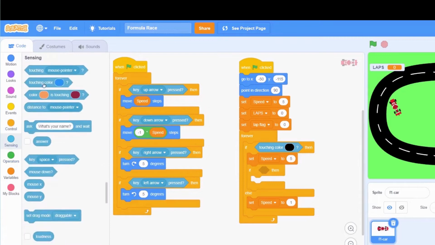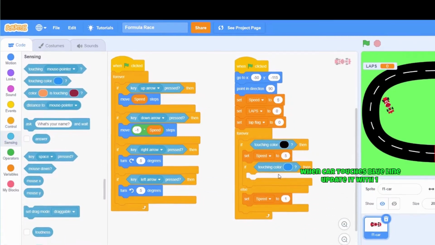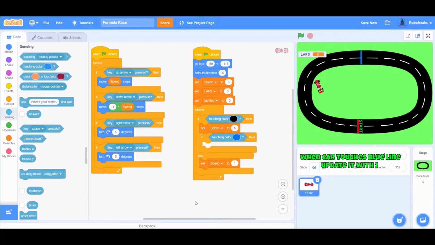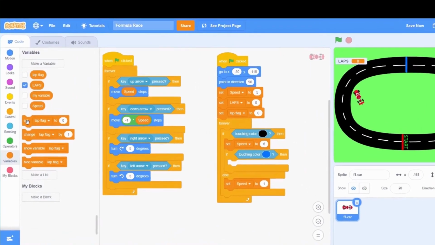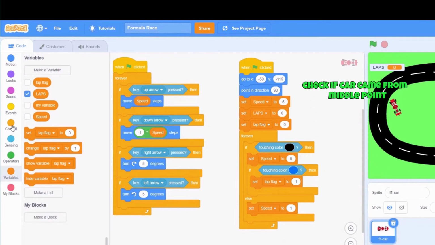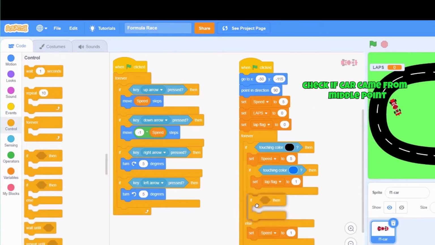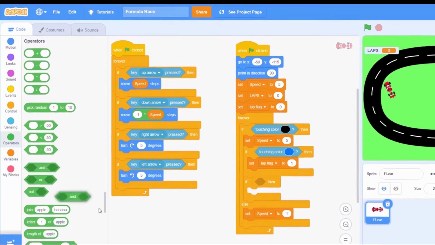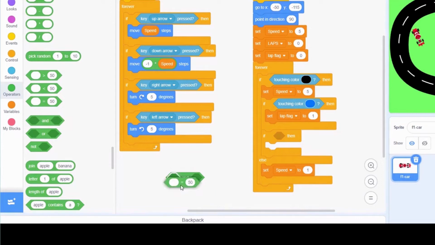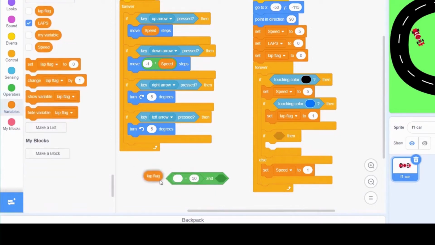Now, when our car touches the blue line, I will update this variable to 1, indicating that car completed half the lap. Now when the car arrives at red line again, I will check if it came from middle point or not by checking the lap flag's value. If it is 1, means the car indeed came from the center of the track.